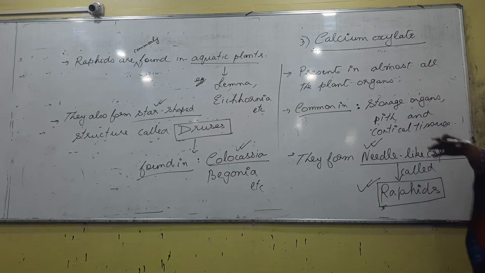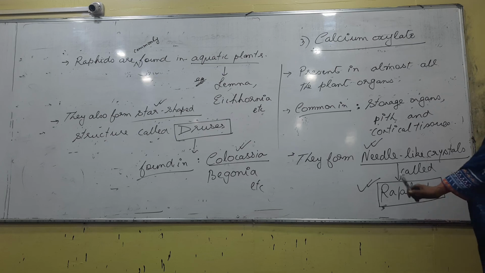So from this part, 3 words are important: cystolith, raphides and druses. In all of cell inclusions, 3 words are important: one is cystolith, one is raphides and one is druses. Whenever we talk about cystolith, we have to remember we are talking about what? Calcium carbonate. And if you are talking about raphides and druses, we are talking about calcium oxalate. So the question is asked on that point. If a structure or if raphides are formed because of calcium oxalate.